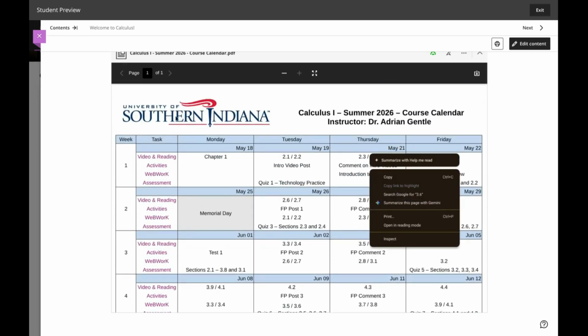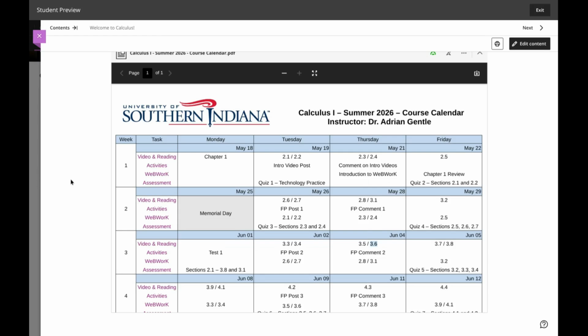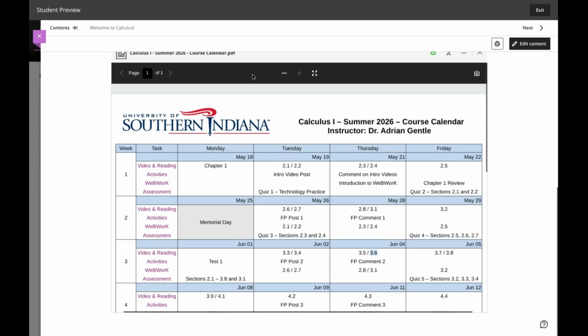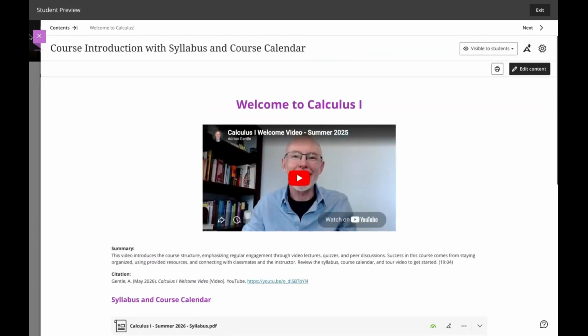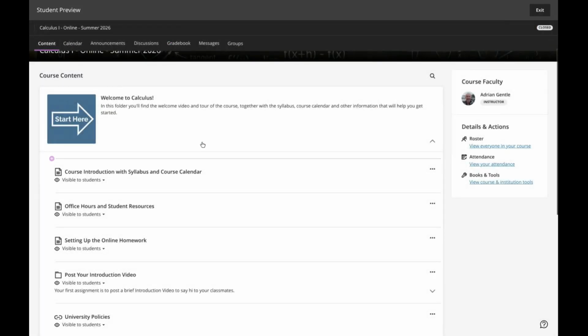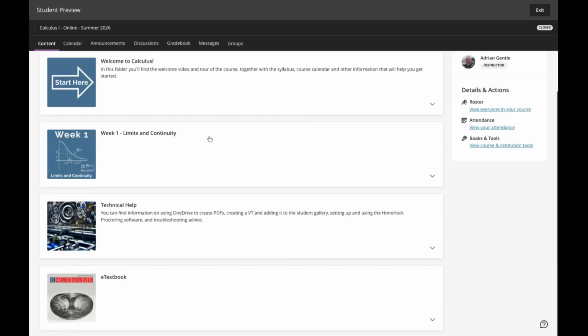There's a lot here, right? This is overwhelming to begin with. You can come back and look at this. I'm just trying to give you an idea. This course calendar is your guide. I would print it out and put it by wherever you're doing your work because it will help you remember what's due. But everything is also on Blackboard. So having said all that, let's come back to the rest here.